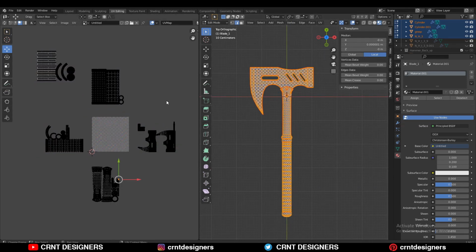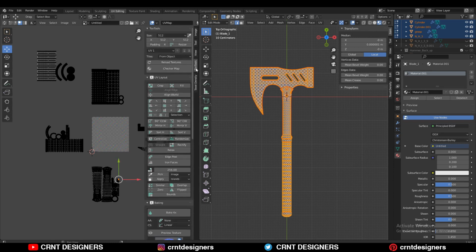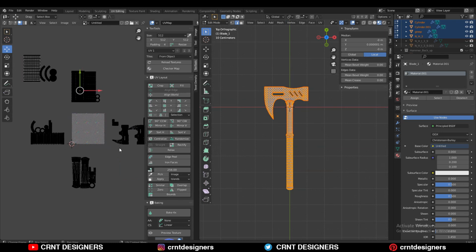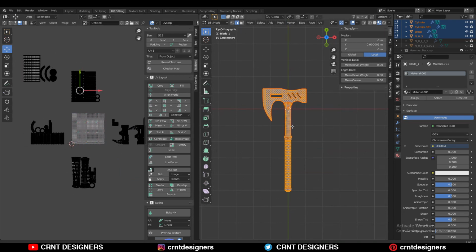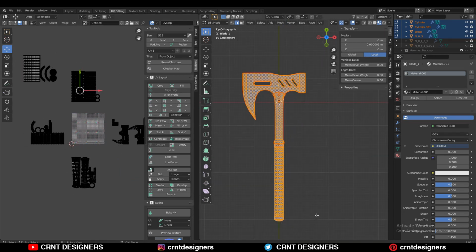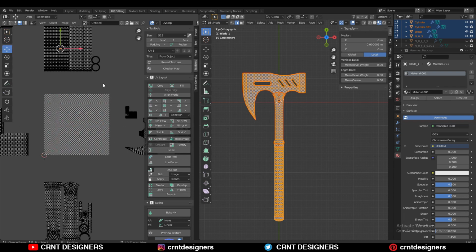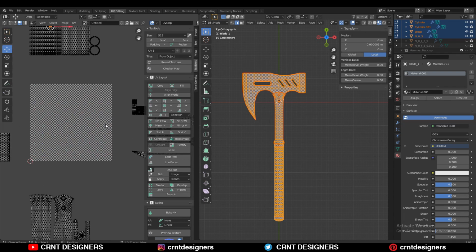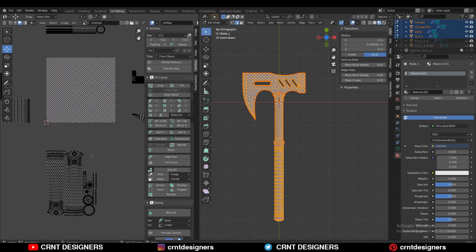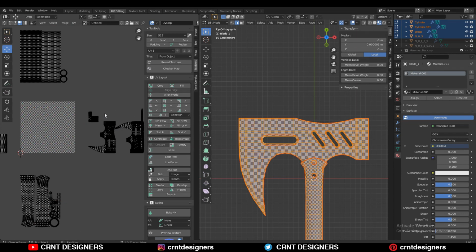Now we are going to learn the UV packing, and that's why we are going to use the text tool. So I will press N key, and here is that add-on text tool. Here we are going to use the one texture method, means we will use only one texture for this complete X model, and we will pack all the UVs of all objects in this UV space. That's like a task. So let's do that.